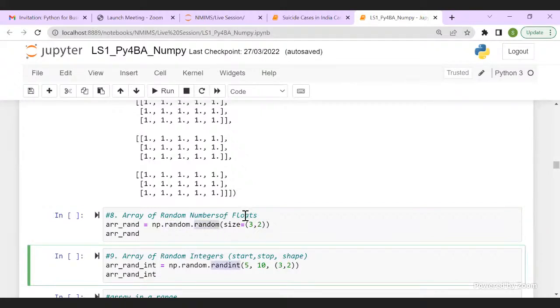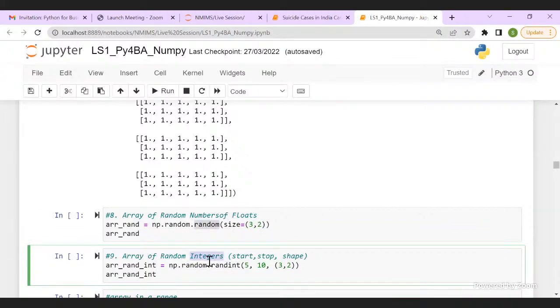With random, you generate random float numbers between 0 and 1, and with randint, you generate integers. So within my Numpy library, there is a module random, and we can use the random function to generate floats and randint to generate integers.